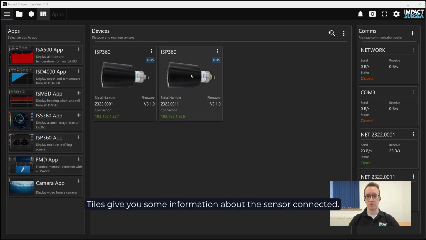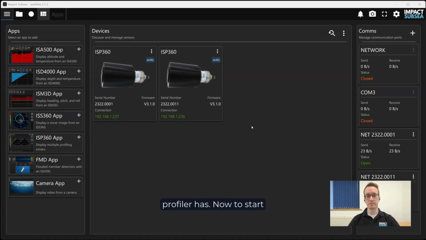So tiles give you some information about the sensor connected. It'll tell you the serial number, the firmware version on it. It'll also tell you how it's been connected. And both of these profilers are connected over our network, so we can see the IP address which both profilers have. Now, to start using the profiler, you simply double-click on the profiler, and in this example, we'll use number